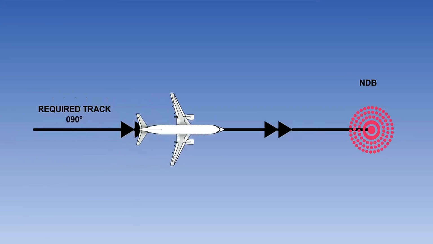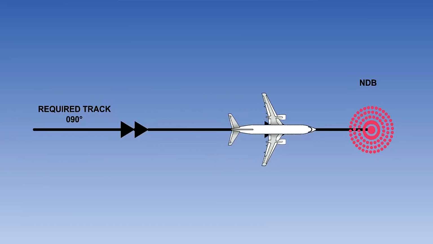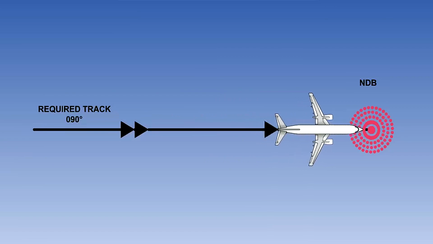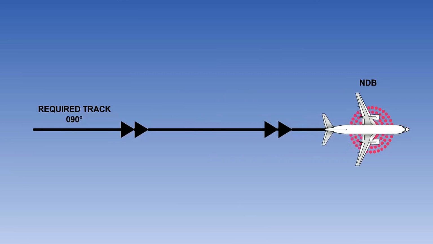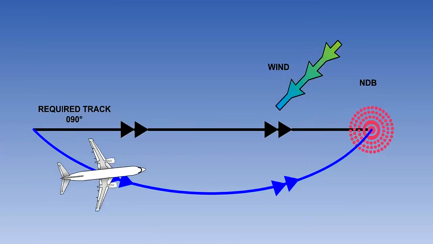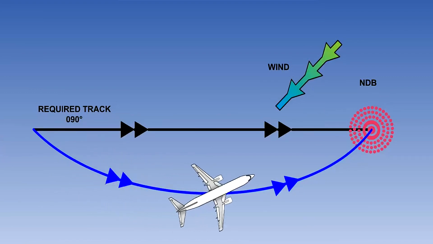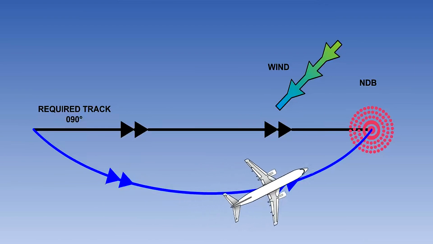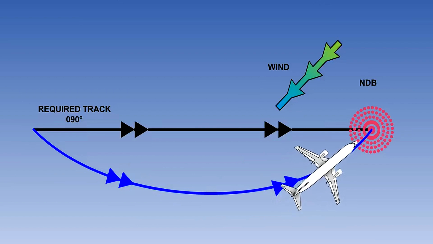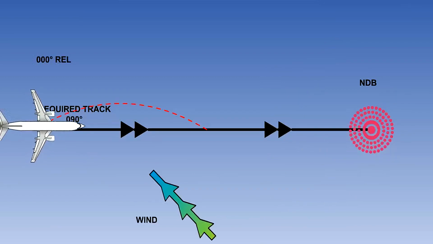This is a procedure whereby a pilot flies towards an NDB by keeping the head of the ADF needle at the top of the display in the 12 o'clock position. If there is no wind, the pilot will fly in a straight line to the NDB. But if there is any wind, the aircraft will drift, and the pilot will need to constantly change his heading in order to keep the needle at 12 o'clock. It is poor airmanship to fly like this.